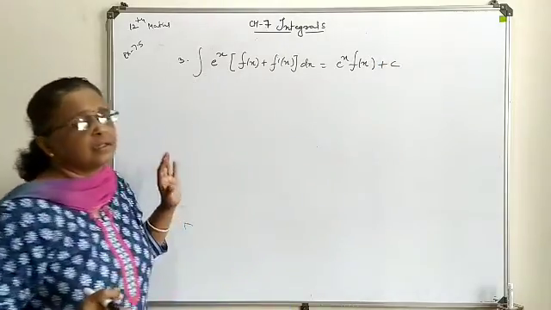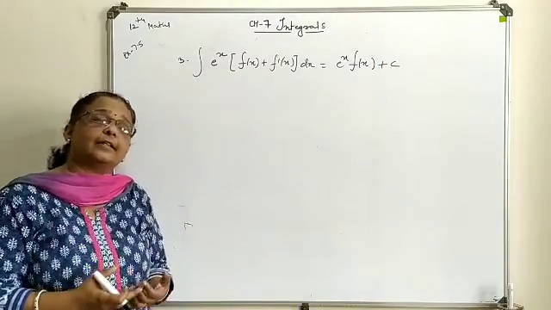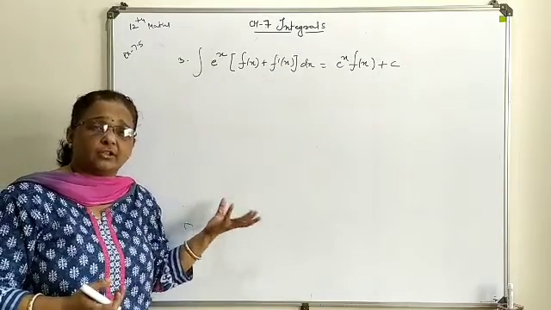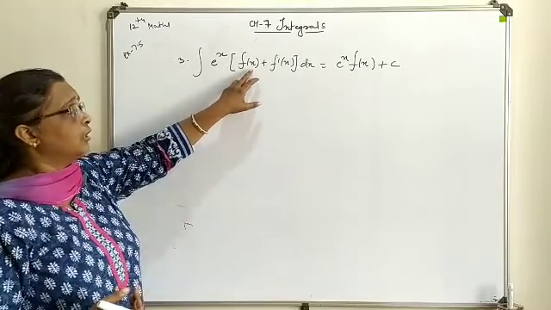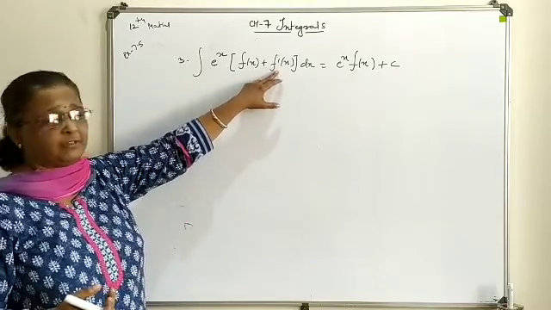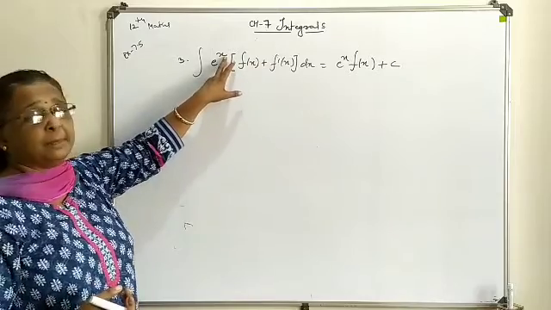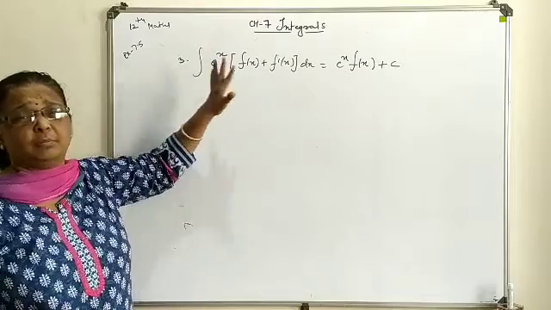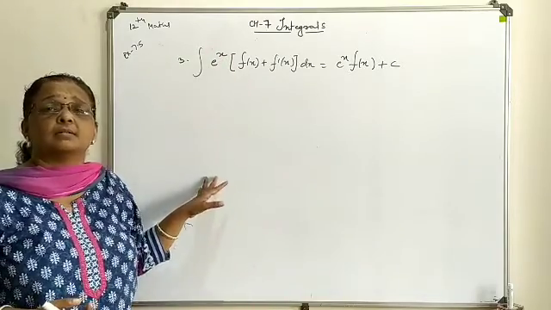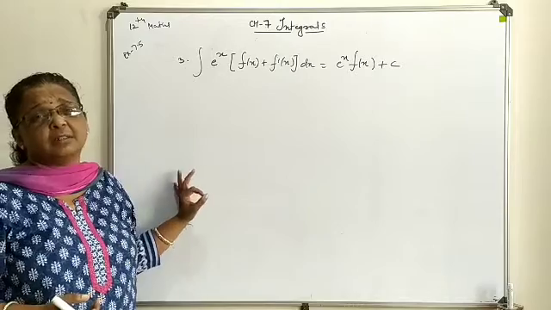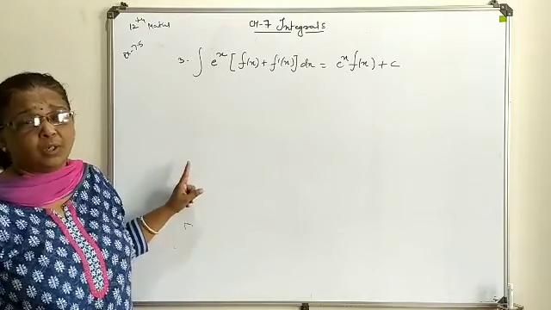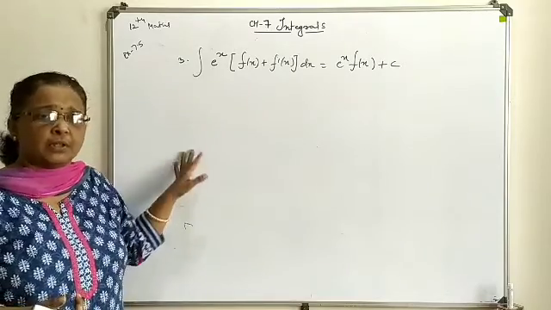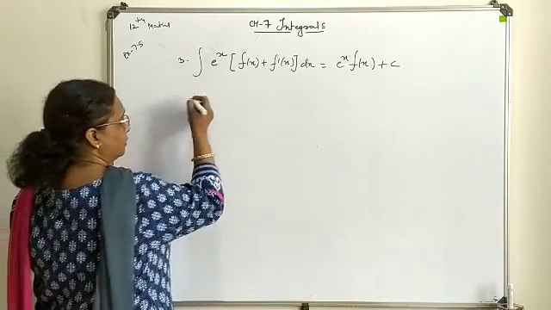In some cases, your question will be available in an indirect way to generate this form. So first of all, you turn your question into the form f(x) plus f dash x as a multiple of e power x. In place of x it may be t, y, anything, but it should not be x by 2, 2x, 3x like that. Compulsorily the multiple of x should be 1 with positive sign. Then only this theorem can be implemented. So we just look at one example for that.